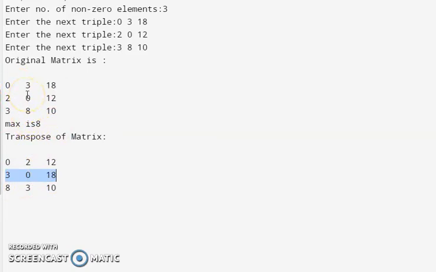Then again I is incremented and compared until the value becomes 8. So again this value will be placed in the output, 8, 3, 10. Now if there was another element whose row value was 4, 8 and 10, again it would have come here, 8, 4 and 10. Alright, now moving to the program, the concepts will be more clear.